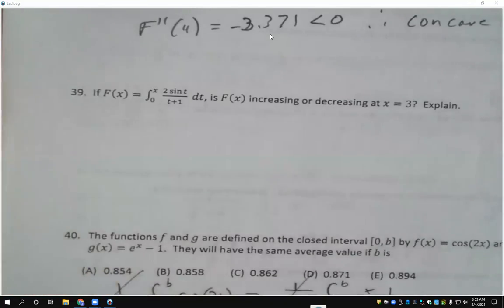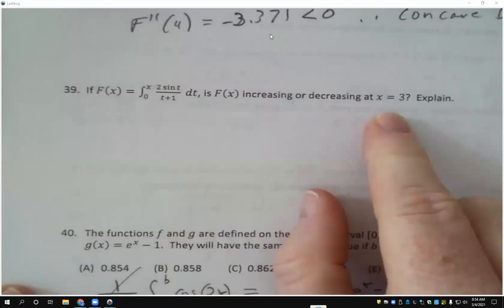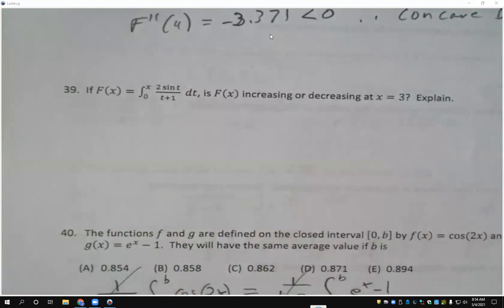All right, let's go on. Did anybody have a question on 39? Can you do that one, please? Yes. All right. 39 says big F of x is equal to the integral from 0 to x of the function dt. Is F of x increasing or decreasing at x equals 3? F of x is increasing when F prime